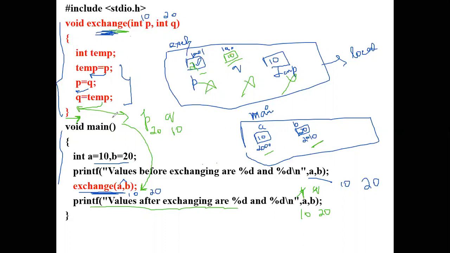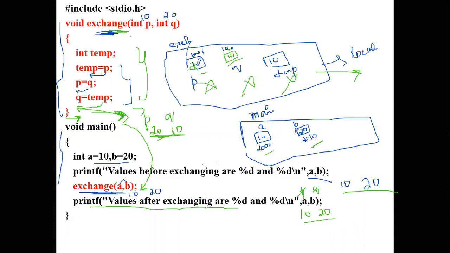Suppose you want a printf statement with p and q, you can give it inside the function. I can have a printf function to display the values of p and q. Outside the exchange function, you cannot access the values of these variables. So all these variables are local to exchange. That is the main drawback of call by value. The output will be 10 and 20 here, and 10 and 20 there. If you write a printf statement inside for displaying p and q, then you can print the swapped values.